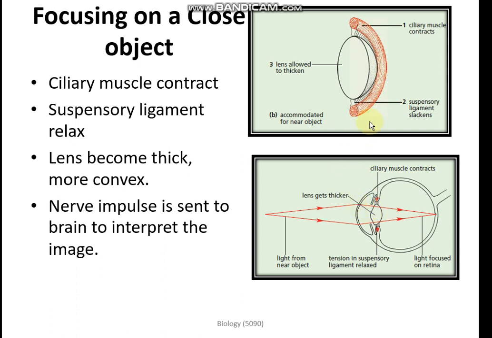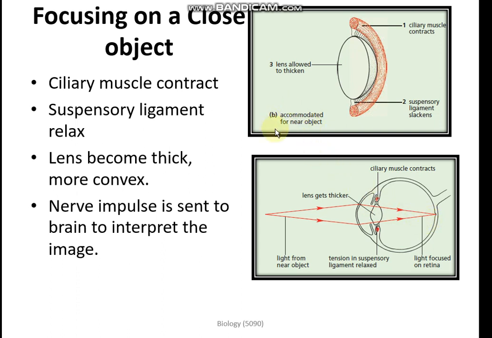After that, if you're looking at a close object, the ciliary muscle will contract. When the ciliary muscle contracts, the suspensory ligament will relax. As a result, the lens will become more convex or thick. When the lens becomes thick, light rays can be converged through the lens to the retina. As a result, the image is formed.